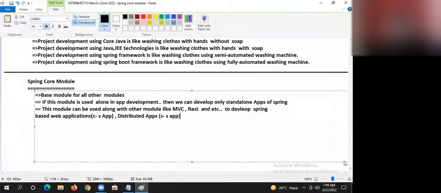PhonePe to SBI Bank, distributed application. I hope everyone is well connected, guys.